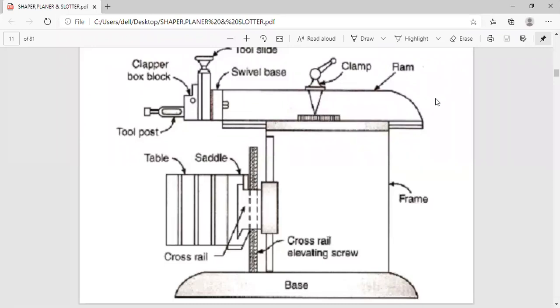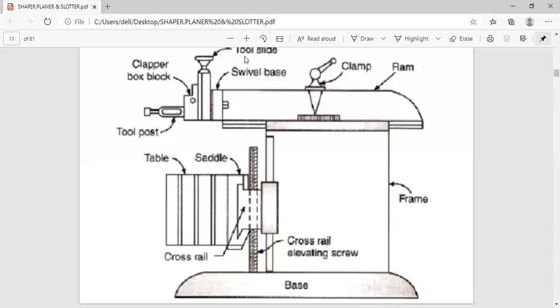So a screwed shaft will be provided for changing the position of the RAM, because you have to change the position of the RAM relative to the work, because some works are lengthy and some works are of different diameters. They are small jobs only, but they may be of different diameters. So you can handle small diameter jobs as far as the shaping machine is concerned.